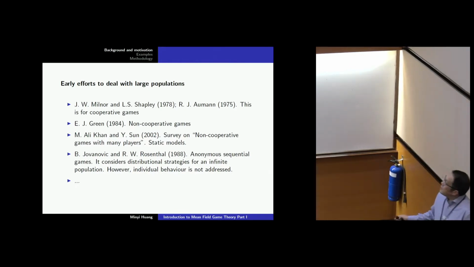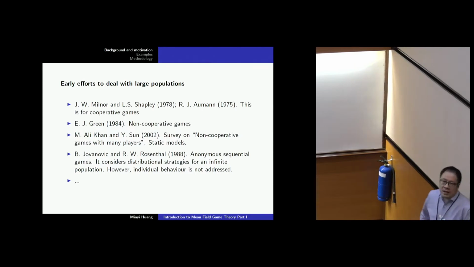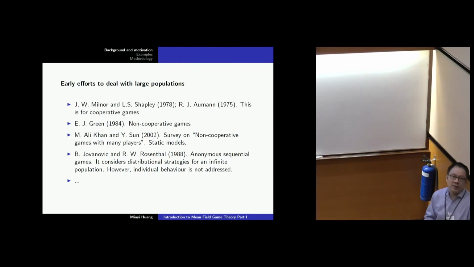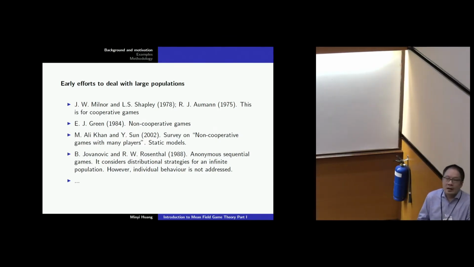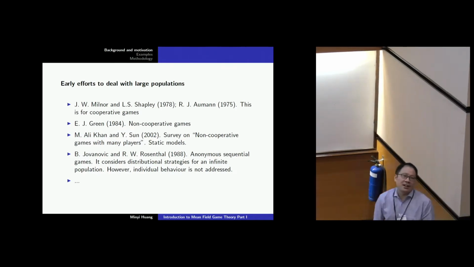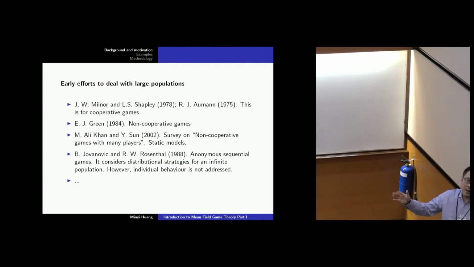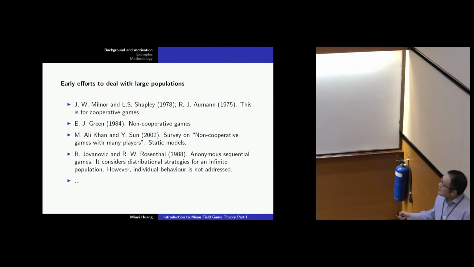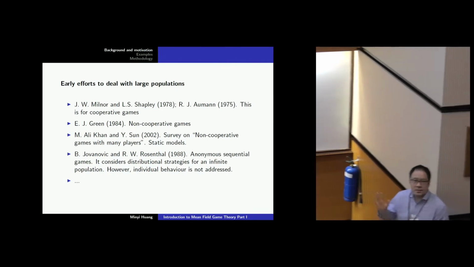The idea is a little bit different from traditional large games, in which, for example, you can think of epsilon-Nash equilibrium. That means if you just ignore a small fraction of the players, an epsilon fraction, it's okay. You can use that equilibrium notion. But for mean-field games, you cannot have that kind of small fraction of